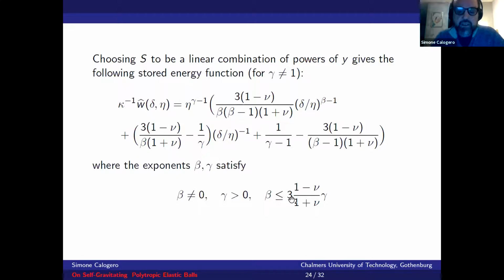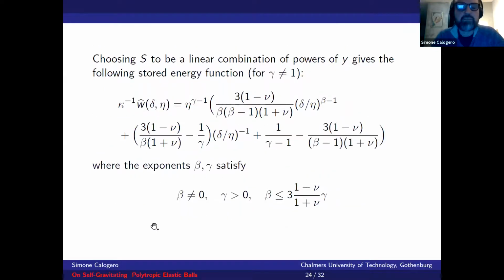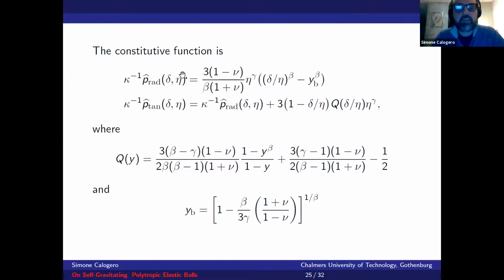Beta must be less than or equal to this quantity, 3(1 − μ)/(1 + μ) times gamma. And where does this condition come from? This comes from the condition that this equation here should have a solution, as I will show in a moment. Okay, so first let me write the constitutive function for the radial pressure and the tangential pressure that derive from